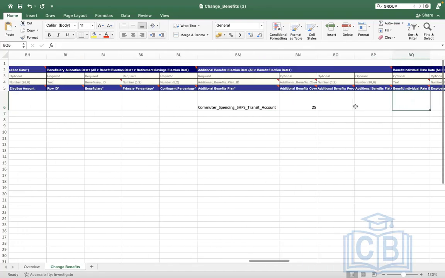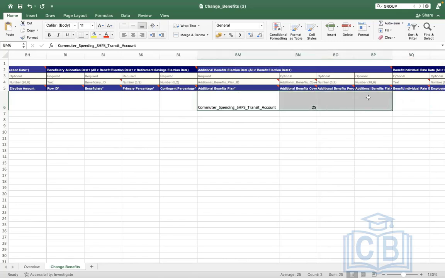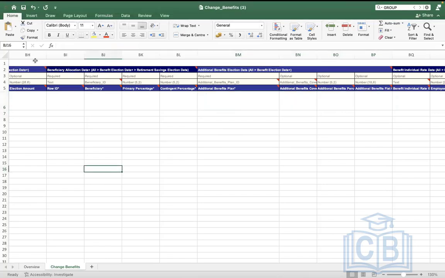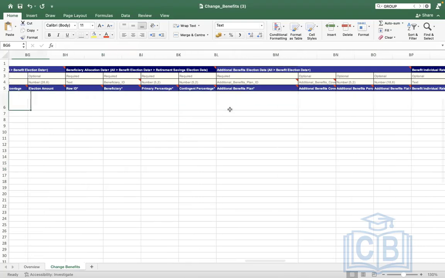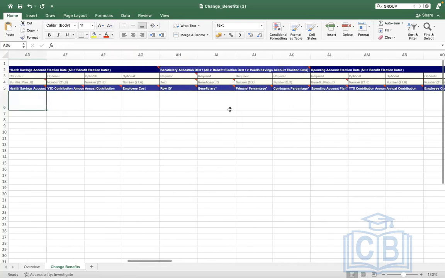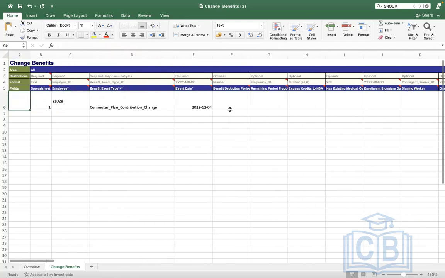Got my point, ma'am? I have assigned the plan. Now I'm removing the plan. So for removing, the same process, we have to delete all the details. Select only the event through which you want to remove. Rest nothing is required. Employee, through this event only I'm removing on this effective date. But one thumb rule. For example, under commuter plan, we have two benefit plans, correct? Yes. One is transit, another one is